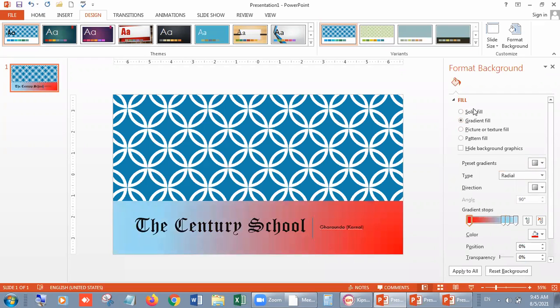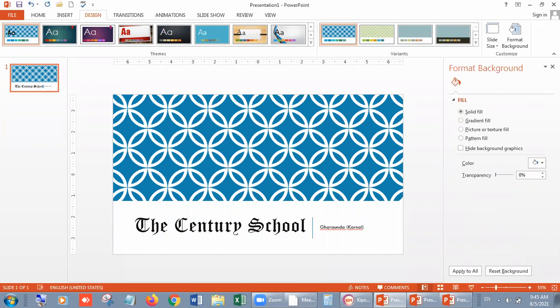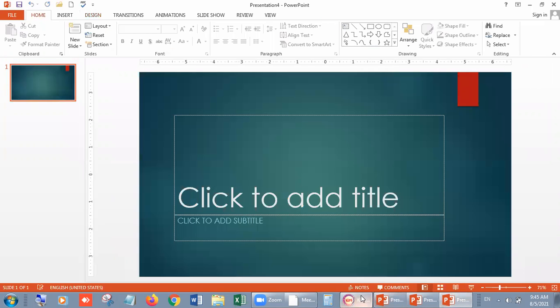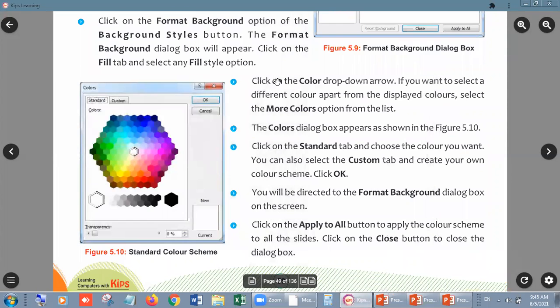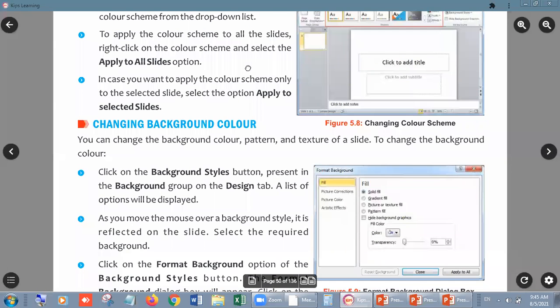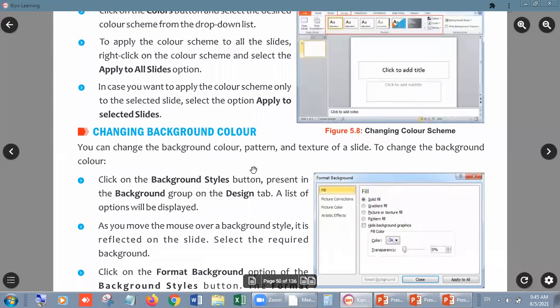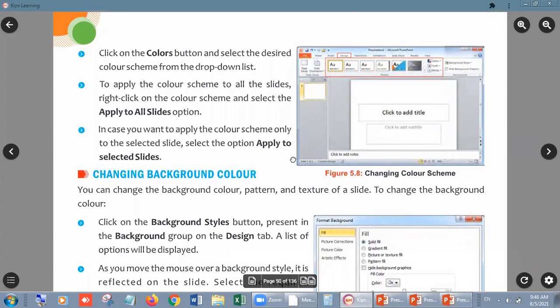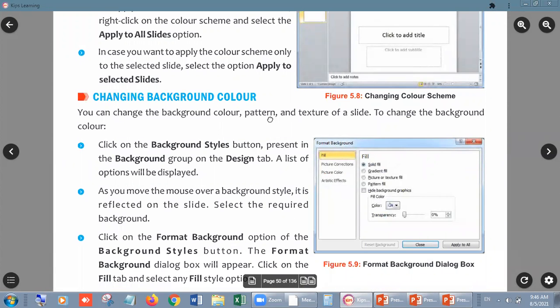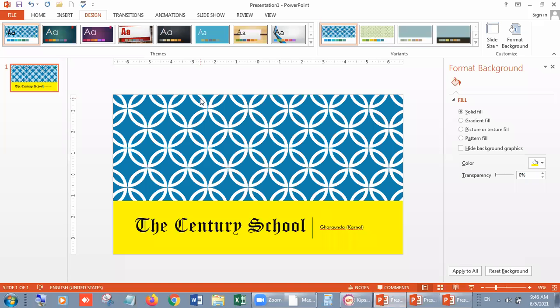Look it up. From there, you can choose any color like this. Now the color is yellow. I hope it is quite clear to you. Let's move to the next option. That is, you can see on the screen. I already covered this changing background color. Now I am going to show you another